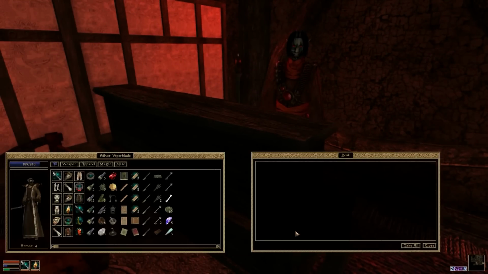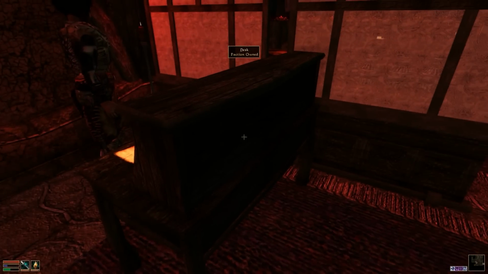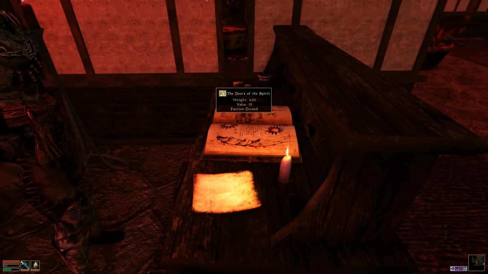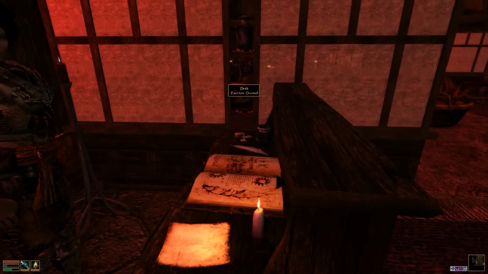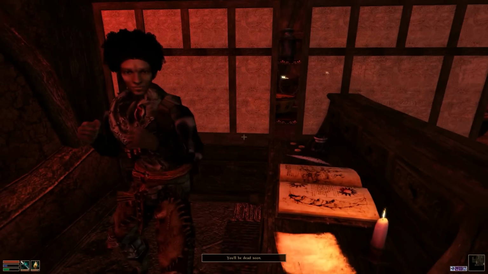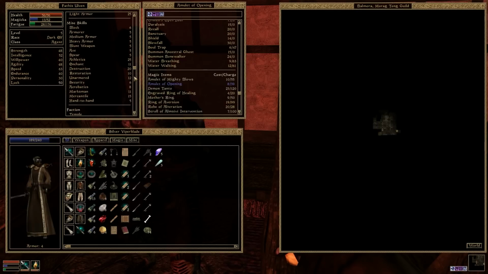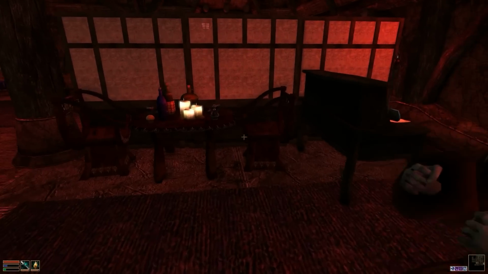Desk is faction owned. Sadly, it doesn't contain anything. Faction owned, Doors of the Spirit. Can I really start nicking bits of faction owned stuff? I'll take the... What? Okay. Am I not a member of the Morag Tong? Well, I'm expelled now, obviously, but...